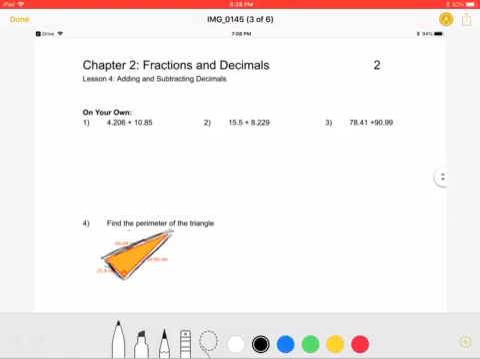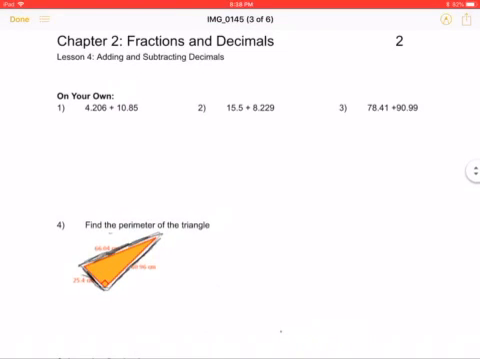Okay, so to finish our addition section before we move on to subtraction, it wants us to find the perimeter of the triangle. So remember, perimeter is everything that is on the outside of the triangle. So you want to stack up, because we're doing addition. Well, we would stack up to do subtraction as well. So